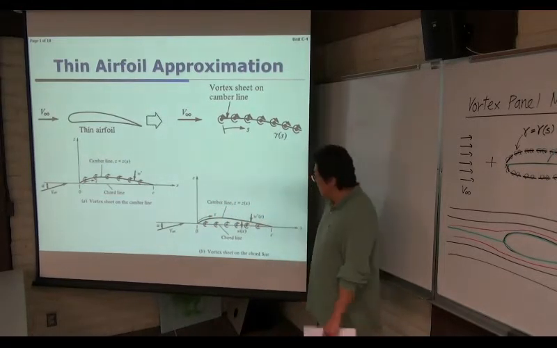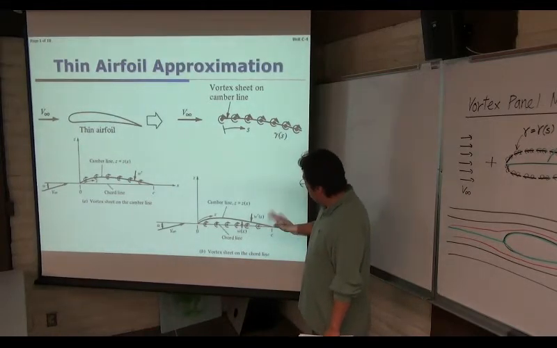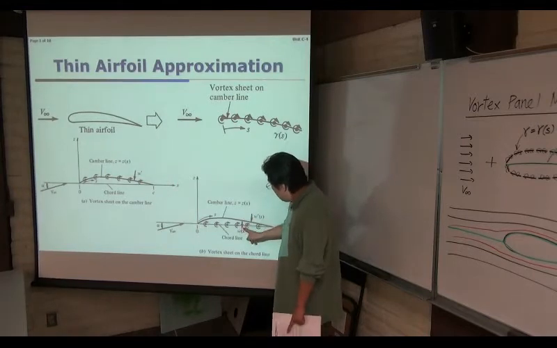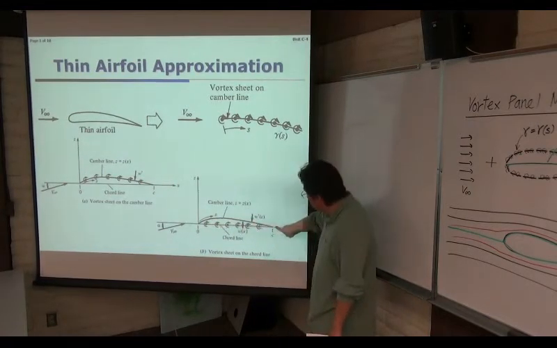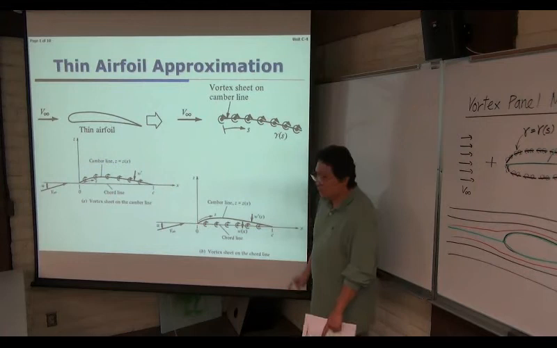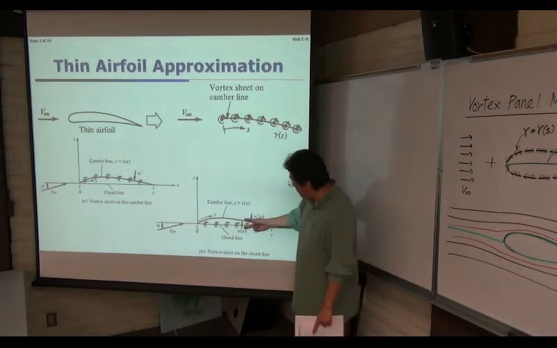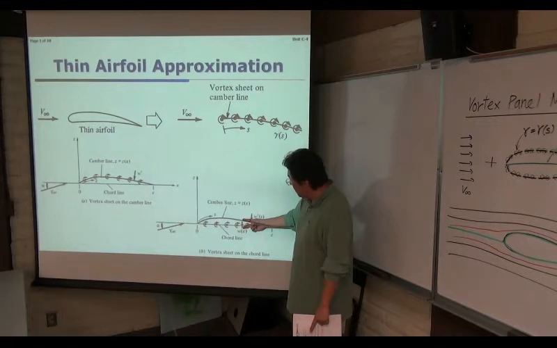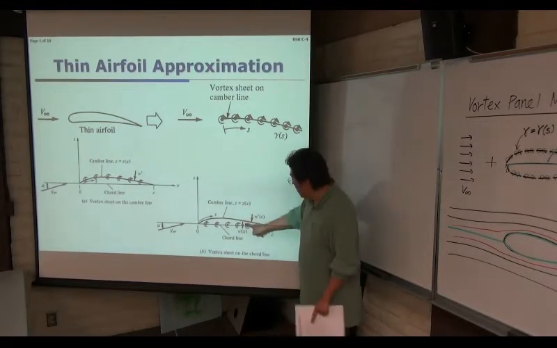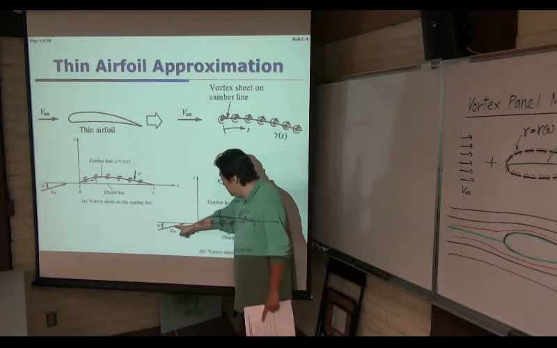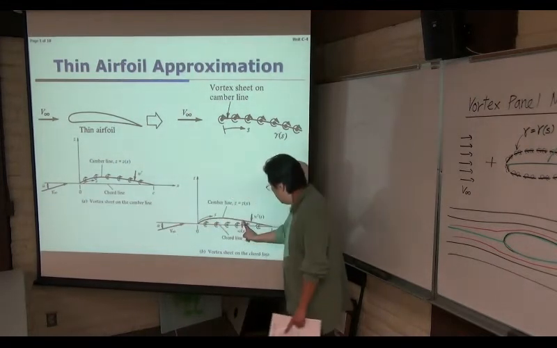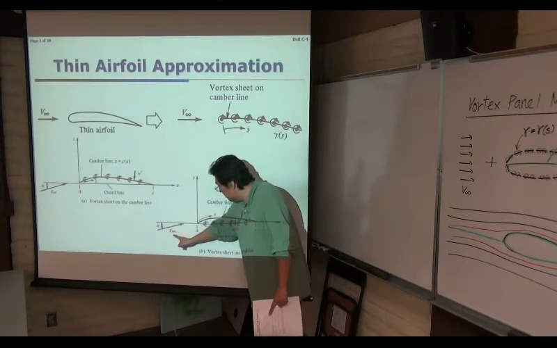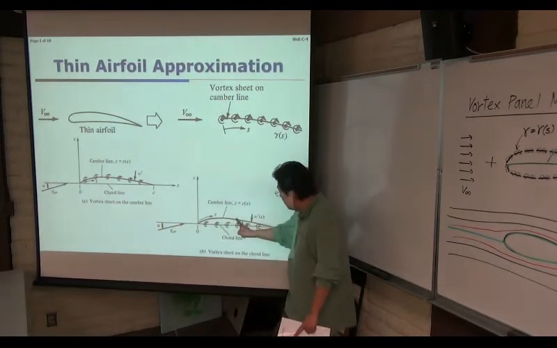Then we are going to compute the velocity produced by the presence of this vortex panel at the chord, which is W. This W is equal and opposite to the velocity's perpendicular component at each location. In other words, if you take the normal component of incoming V infinity at all locations,